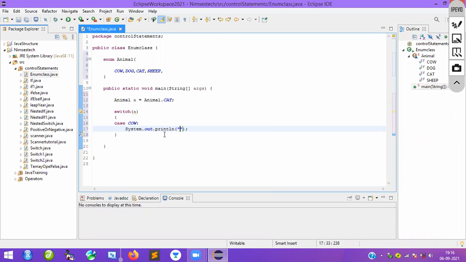Now I will say something like this. Cow is nothing but this one, I am going to give number one. Cow is number one, dog is two, cat is three, sheep is four. Like that I am going to make it. Fine. So finally, to avoid the fall through condition, we are going